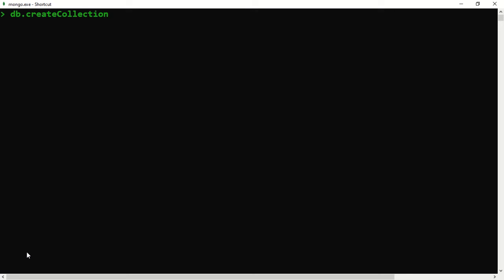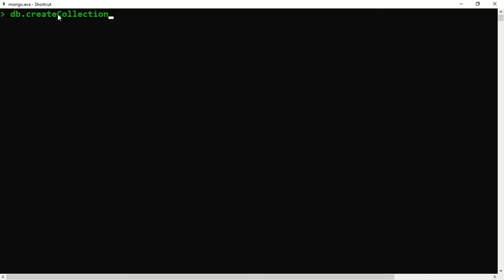Now see all the commands, like getName, createCollection: all these function names have two words. You can see create and collection. Software developers use this type of name where the second word starts with a capital letter.